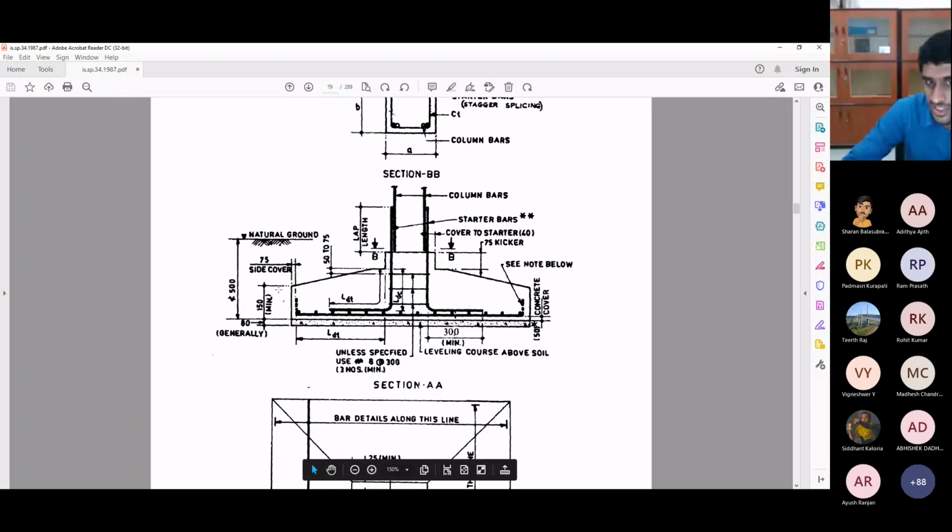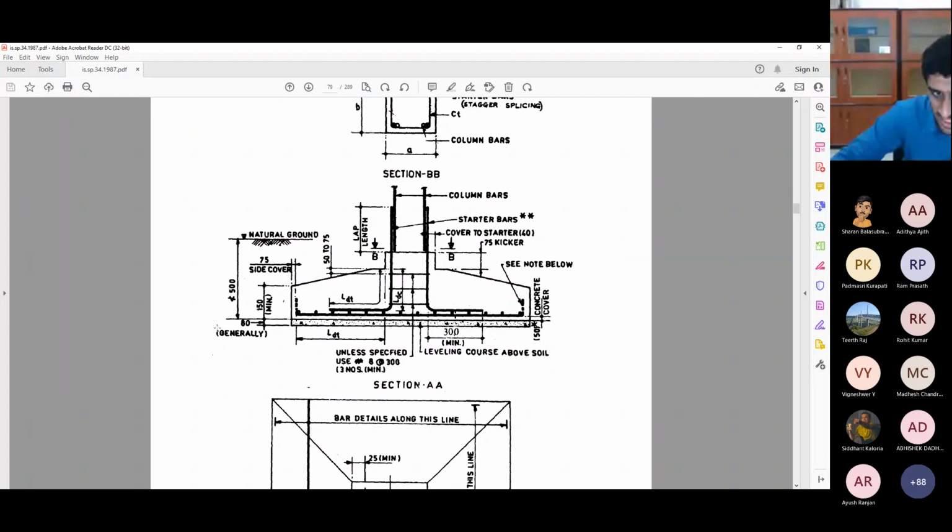It will be sloped. So when you're sloping it, when doing the one-way shear and two-way shear check, you have to actually see what is the depth at that particular location, and then you'll have to decide the depth. So that comes into the picture if you're going to give a slope to the footing. And just because the moment at the edge is 0, you cannot give 0 thickness at the edge. You cannot give simply 2 or 3 centimeters as thickness. Whatever be the case, you have to give at least 150 mm thickness at the edge.